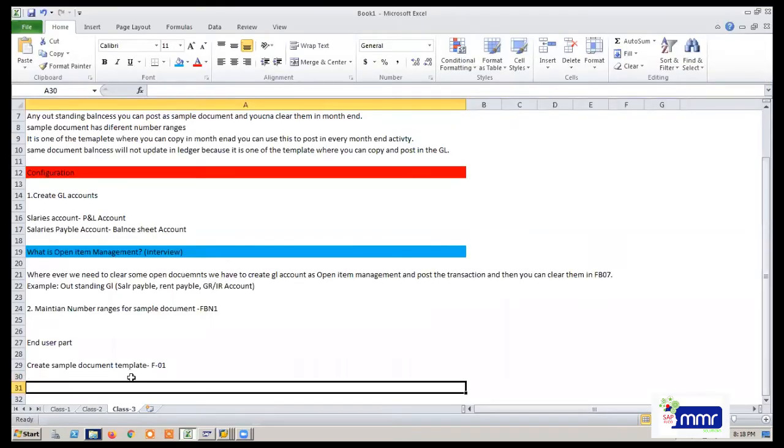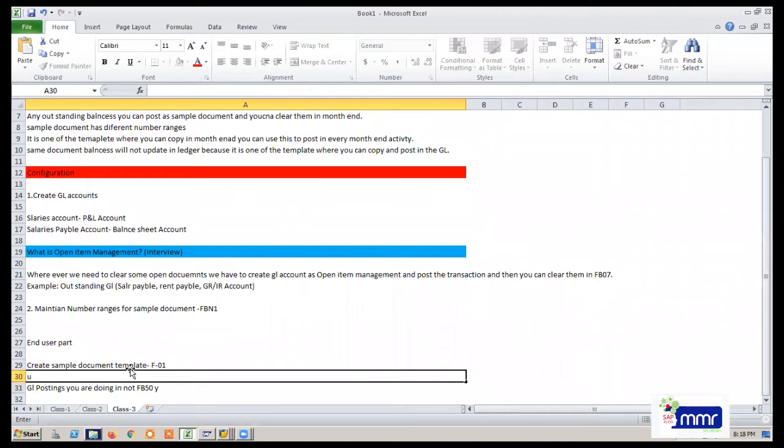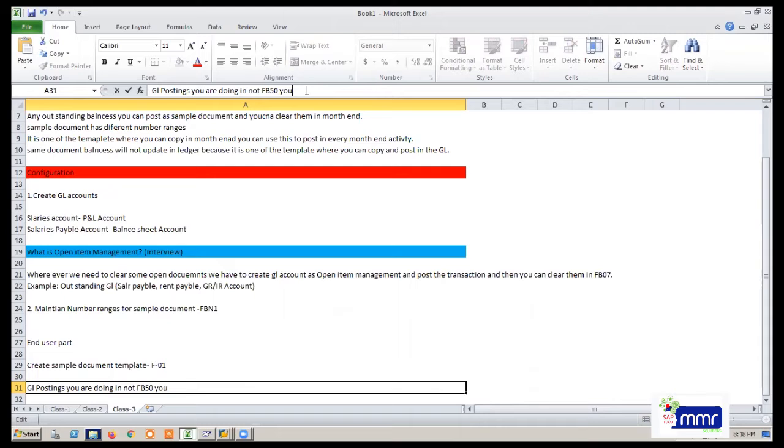Any GL posting you are doing in F-01, not FB50, you have to remember the posting keys to post and identify debit and credit.